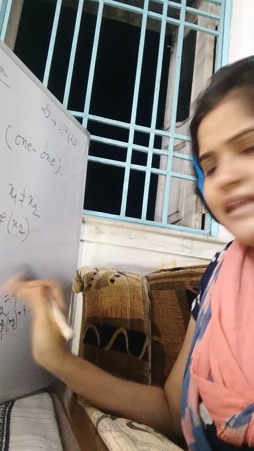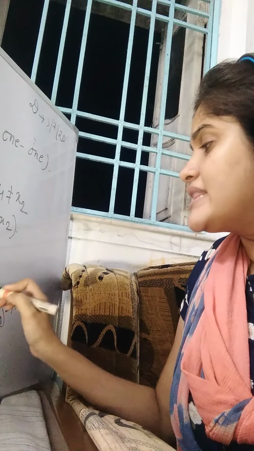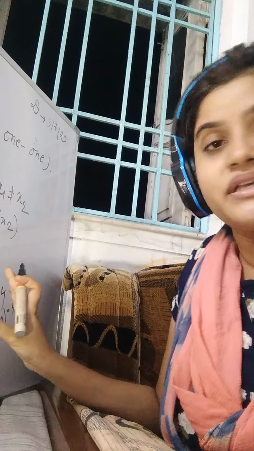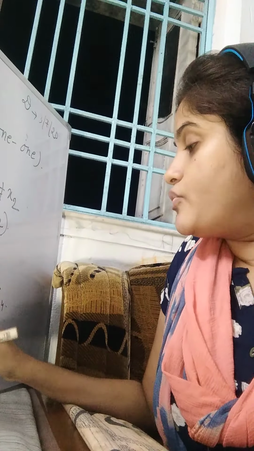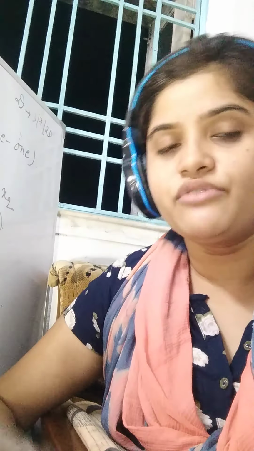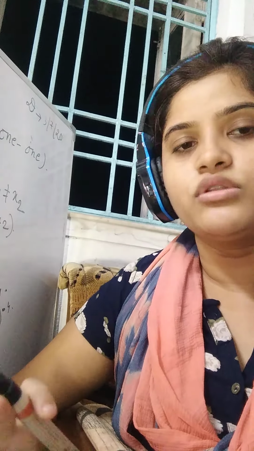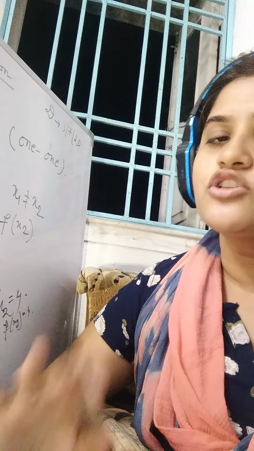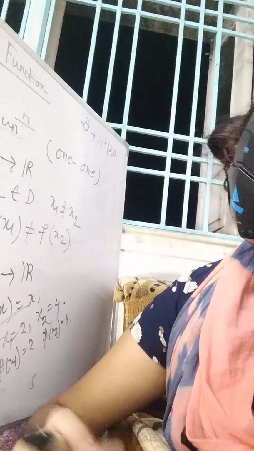Both are distinct. Okay, clear? This is the simplest example, f of x equals x, which has the injective property. If the function follows the injective property, it will be an injective function. That is also called a one-one function. And next we